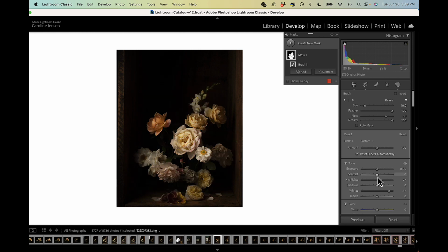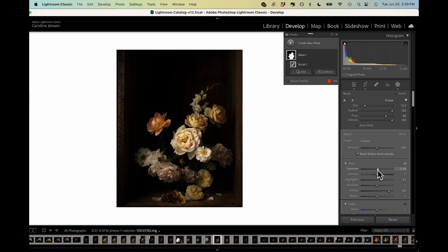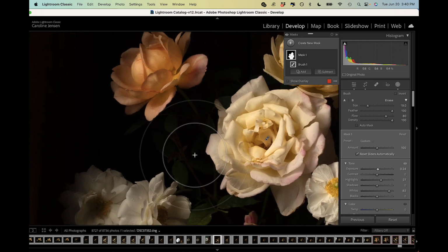What we're working with now is anything that's currently already white is going to be brighter. And that seems to work better. Now, because there are the dark shadows, we could bump up exposure just a touch if we needed to, just a smidge, because there's not a whole lot happening behind. It's very, very dark. One of the things that we want to avoid is sort of the decapitated look where you have like a floating blossom here. And so we want to kind of get into the nitty-gritty of what's happening underneath this blossom that's being hit and the rest isn't. So I might take another brush